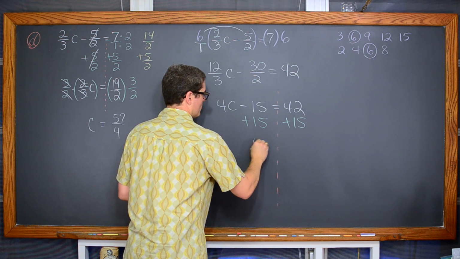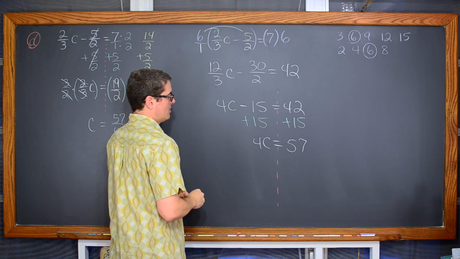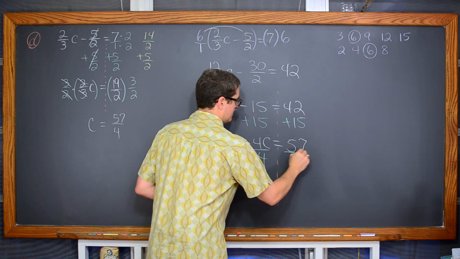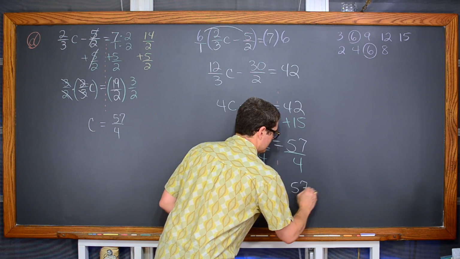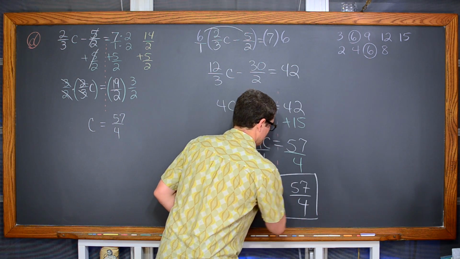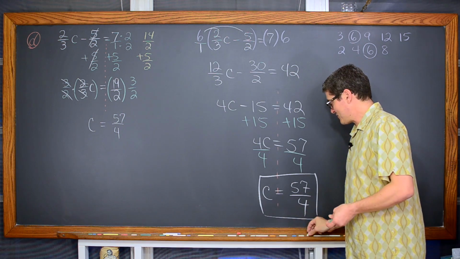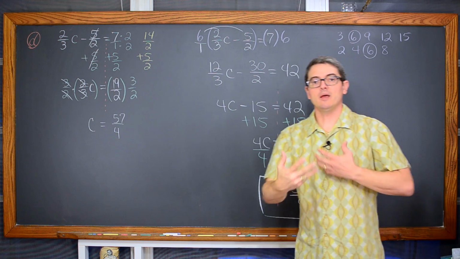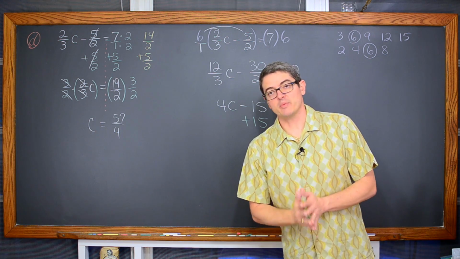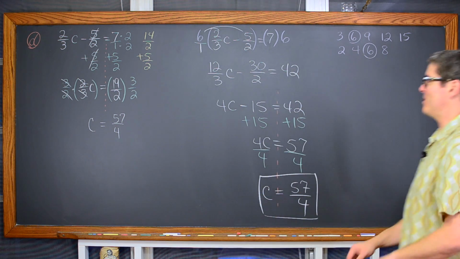And we get 4c is equal to 57. We're then going to divide by 4 and get the same answer that we had before, which is c is equal to 57 over 4, the same answer we got over there. So you don't have to do these problems twice, of course, just a couple of different looks at the same problem. Pick the method to solve that you prefer best. Practice your fractions. One last problem, it's a word problem.